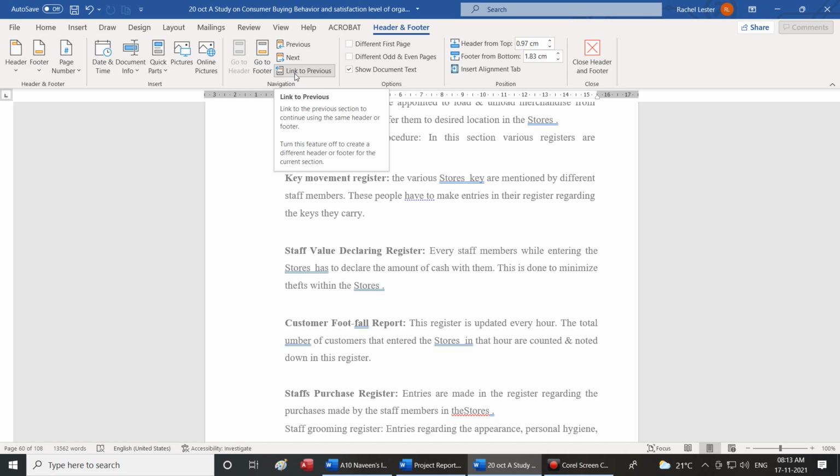Did you guys try the assignment yesterday? Every time you tried, whatever header you created, it went for every page. It was not actually restricted to one page. So you can make use of this option in order to create an individual header and footer. So please try this. If you have any doubts, we'll help you out.